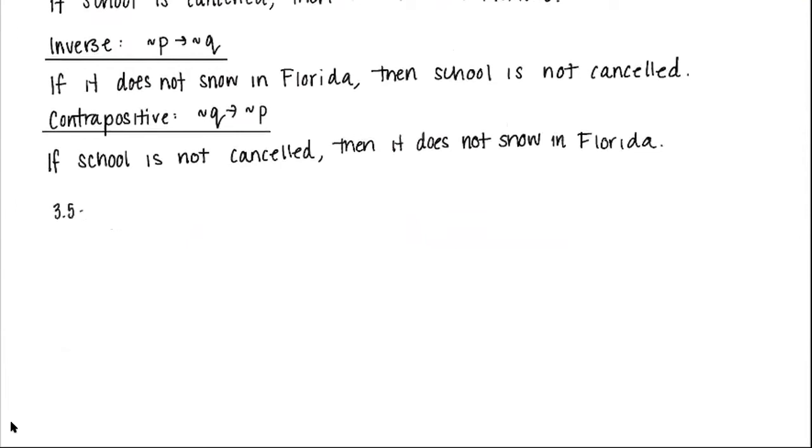And this next section is about symbolic arguments. So the idea is you can think of most of your papers you've had to write, whether it be for history, whether it's for English, something along those forms. You've had to come up with some type of argument, combine those to make a conclusion. Same thing happens here. So a symbolic argument